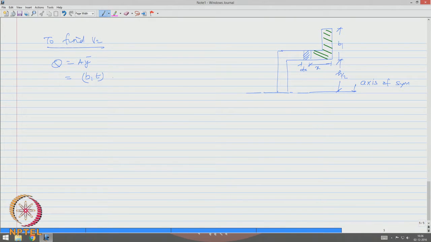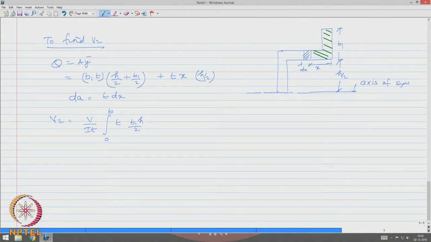Therefore, the distance will be h by 2 plus B 1 by 2. Now, for the horizontal strip it is simply T x, and the distance of this is h by 2. T being very small, we can straight away say that this distance is the same as this distance. So, dA is T dx, therefore, V 2 = V by I t integral 0 to b t